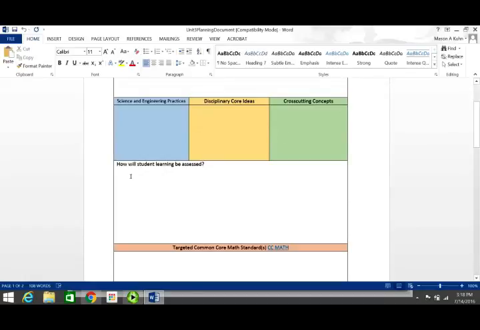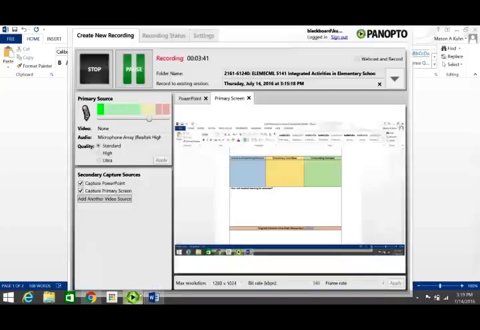So down here you might want to think a little bit of how you're going to assess. I would hope that you would be getting away from more traditional assessment like multiple choice or fill in the blank type of quizzes, and really thinking outside the box a little bit and thinking about possibly ways in your language arts, how you could do some writing, different types of writing. It could be something like